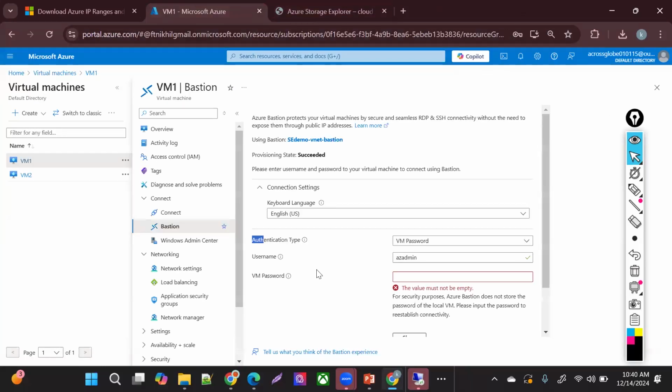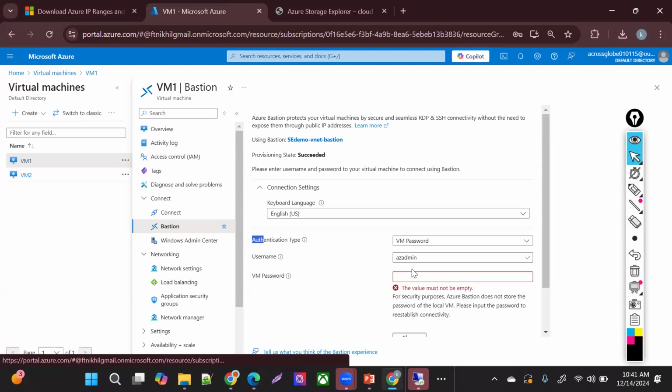Yeah, please go ahead. If we don't want to allow them portal access, then is there any way to take Bastion access? No, as far as I know, you need to have that portal access. Otherwise, the only way is you need to put your username and password here, right? If you're not having this access, then the better way is to either connect or provide the access via VPN. Okay.